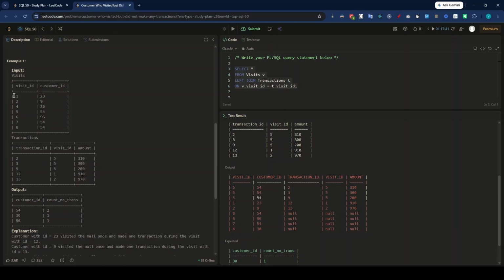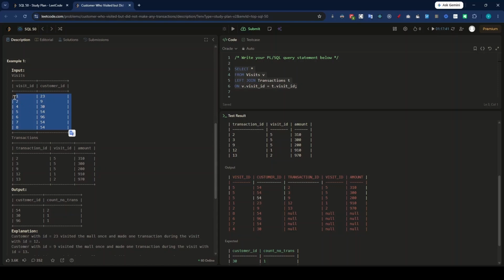We will get each and every row from the left table, and wherever the visit id is matched in the right table, we will get the right table value for that, and